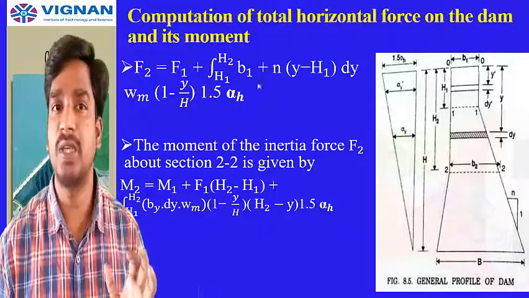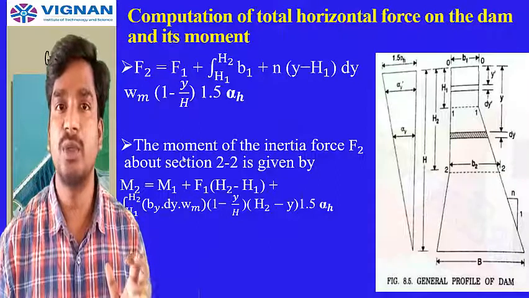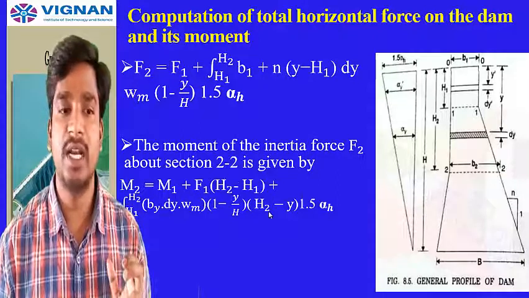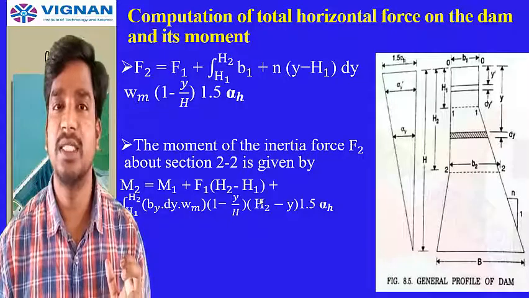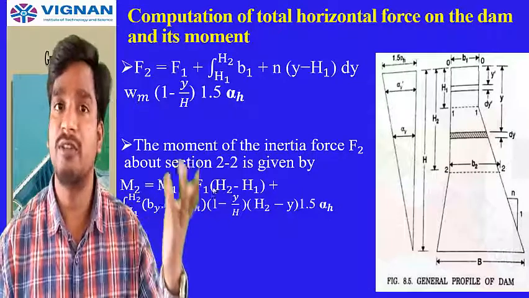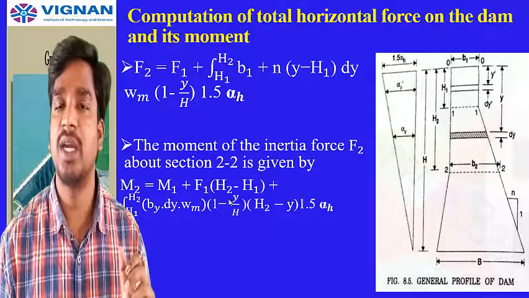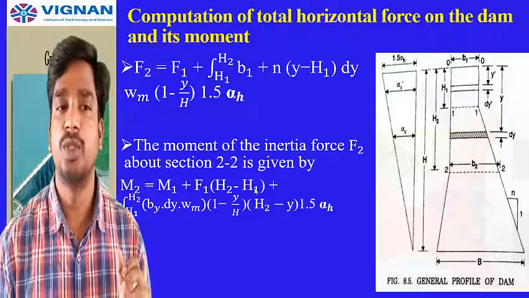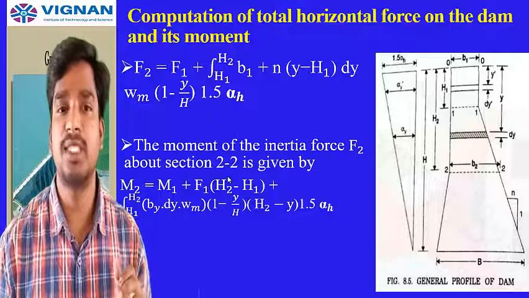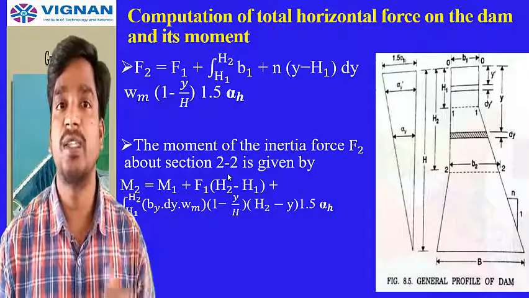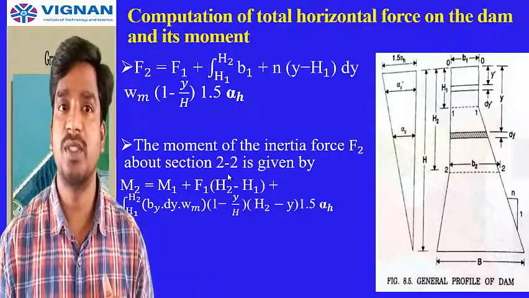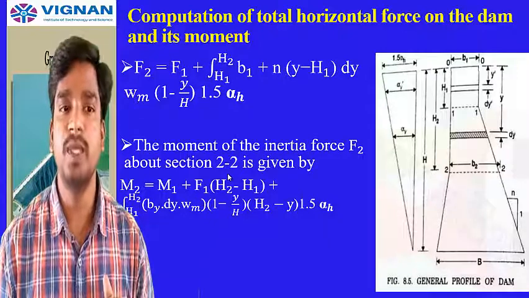Now with respect to this, we can compute the moment equation also. The moment equation is also considered, and the final moment is including the moment M1 for the first portion 0, 0 to 1, 1. So in a similar fashion, you can calculate this also. So force and moment are computed in this way. To compute the horizontal force and moment, this is the procedure we need to follow.